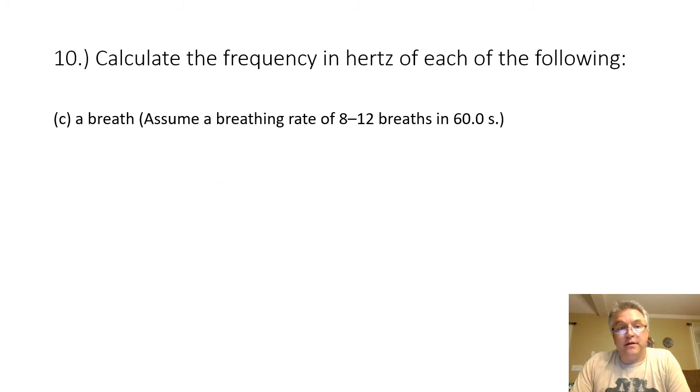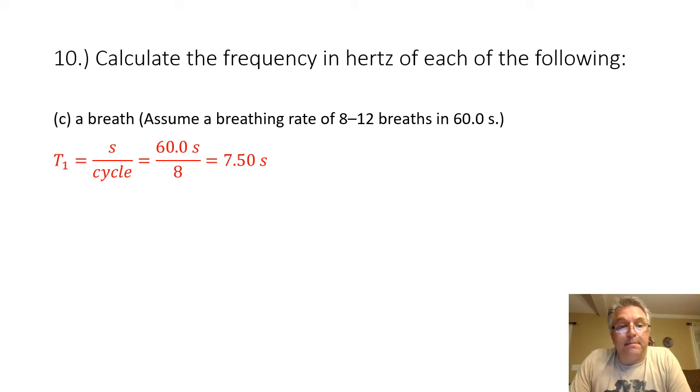Part C asks us to find the frequency of a breath, and we are assuming that the normal breathing rate is 8 to 12 breaths every 60 seconds. So once again, we have a range, so we're going to have to find the period and the frequency for each of those values. So for my first period, again, I need to find the number of seconds per cycle. Remember, period is seconds per cycle. So for the lower end of the range, 8 breaths in 60 seconds, I know that the time value is 60 seconds, and the number of cycles within that 60 seconds is 8. So 60 seconds divided by 8 is going to give me